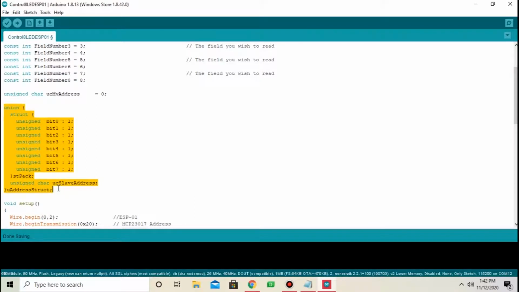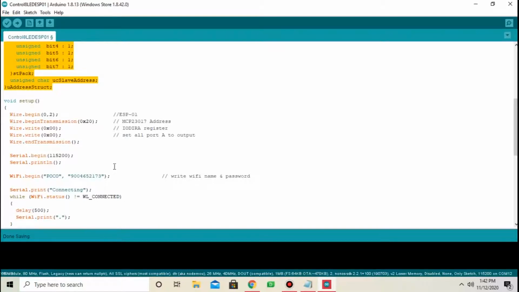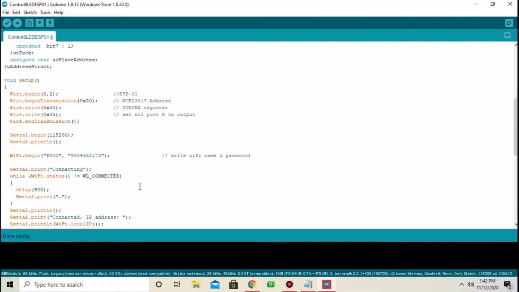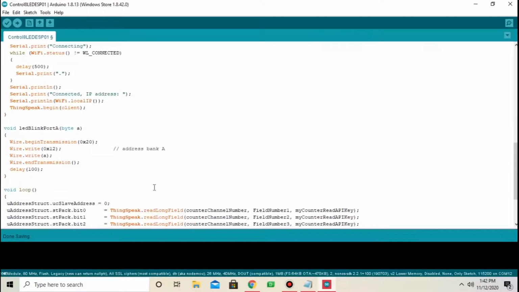This is a bit programming used to convert input bits into a byte. Next, write Wi-Fi name and password. This function is used to transfer data to the port expander IC.